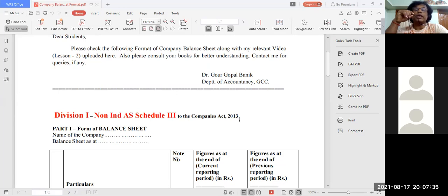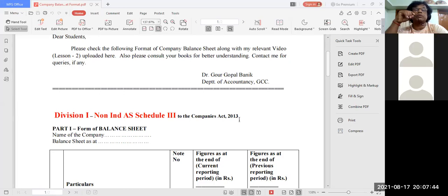And you can do one thing. Just copy that from your Telegram group. You copy that in your books. Copy in the sense when line by line you draw these types of lines, and then you make the format. I have given it. I told you I have never taught you company balance sheet, but today I'll concentrate on explaining the company balance sheet format that much. And later on, I'll be giving you some other things in connection with company balance sheet.